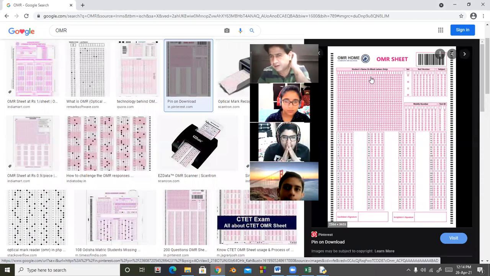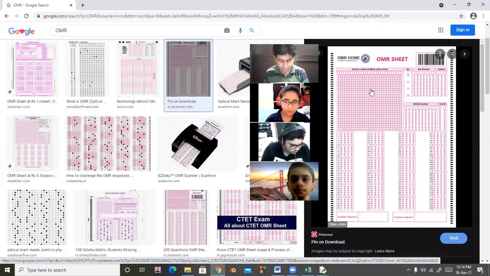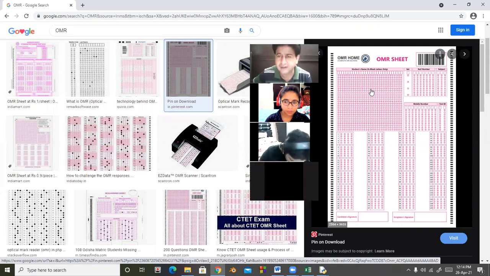In the OMR sheet, we darken these circles, and when we put the OMR sheet in the OMR reader, it scans and the light crosses. The circle over which the light does not cross means this is a correct answer. After that, with the help of software, the correct answers are compared with your responses, and then we get the result. For this there is a special device that is called an OMR reader. OMR stands for optical mark reader, and these are used in examinations.